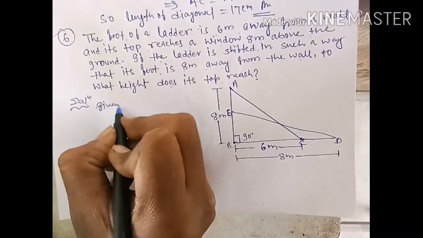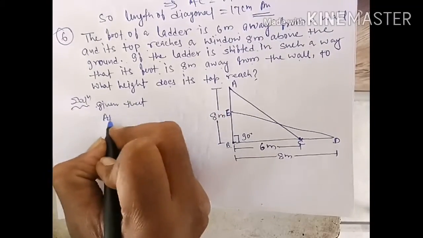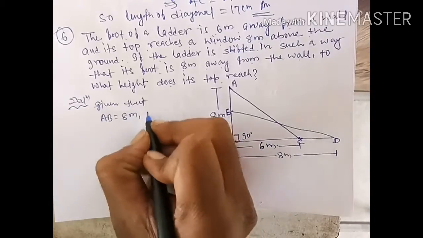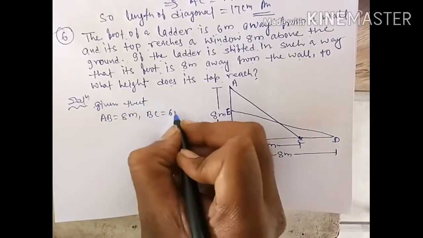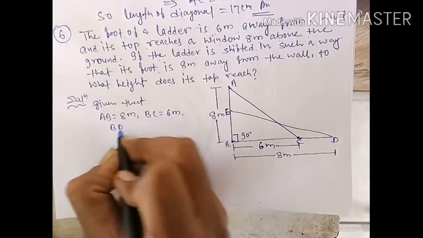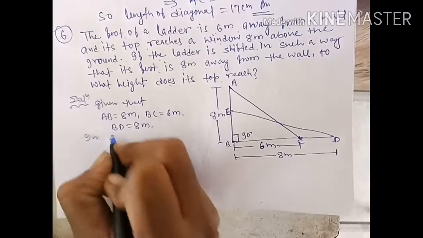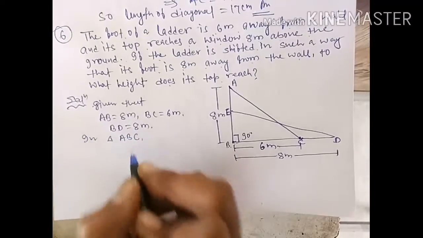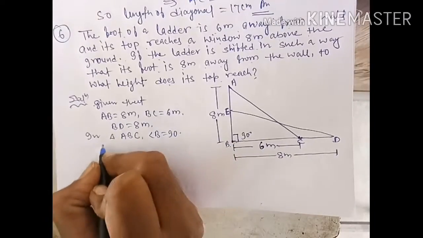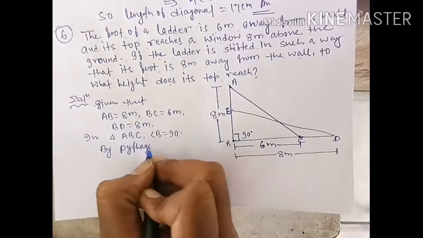Given that AB is equal to 8 meter, BC is equal to 6 meter and BD is also equal to 8 meter. In triangle ABC, angle B is equal to 90 degrees. Therefore by Pythagoras theorem,